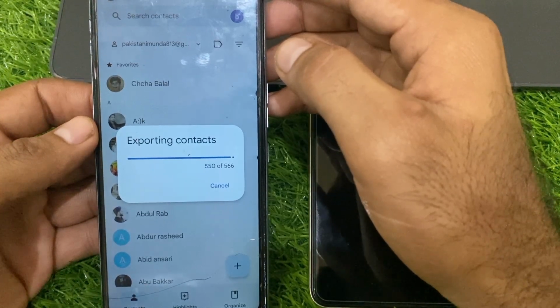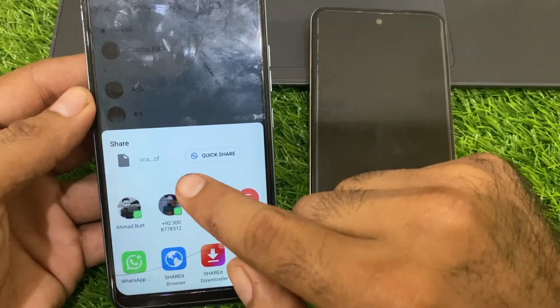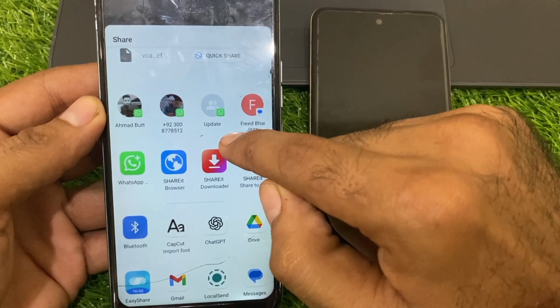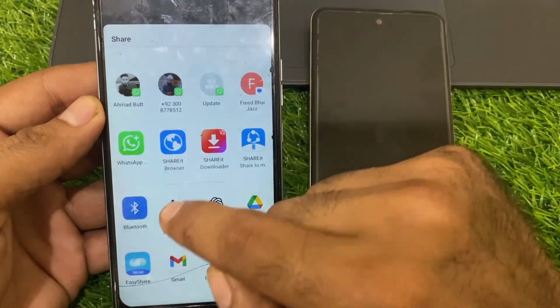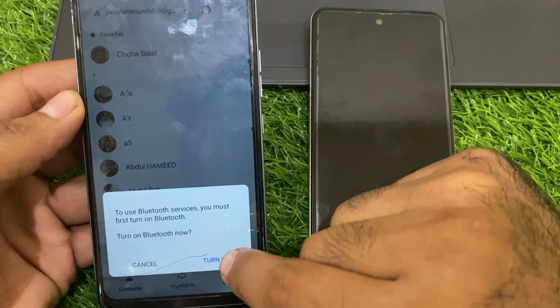and now it is generating a VCF file. Now scroll up. Here are many options to share these contacts. Simply click on Bluetooth and simply turn it on,